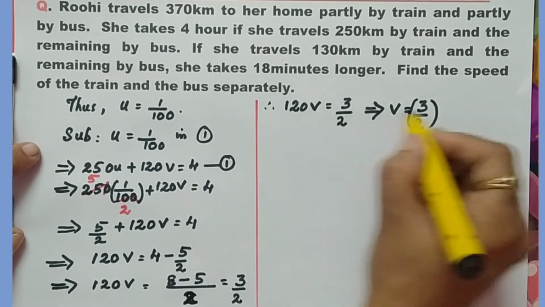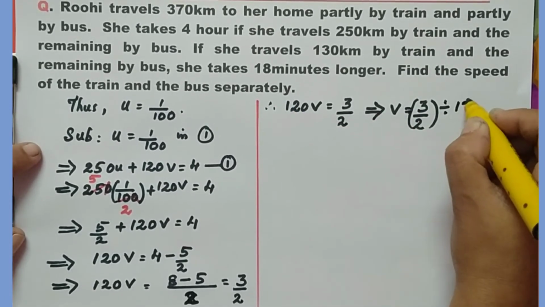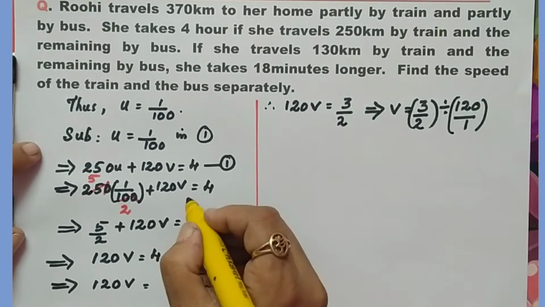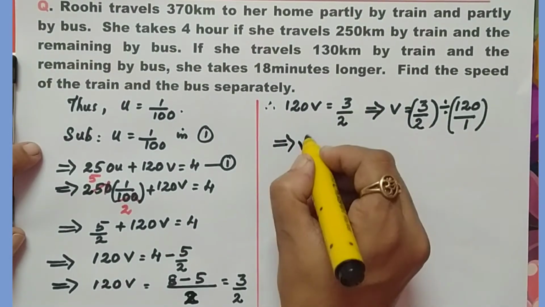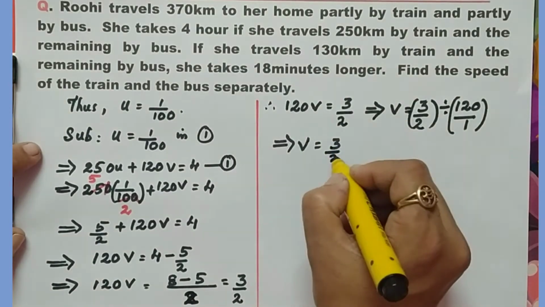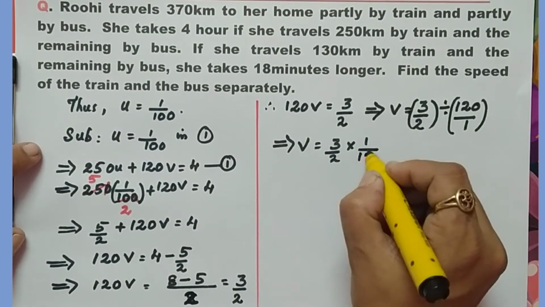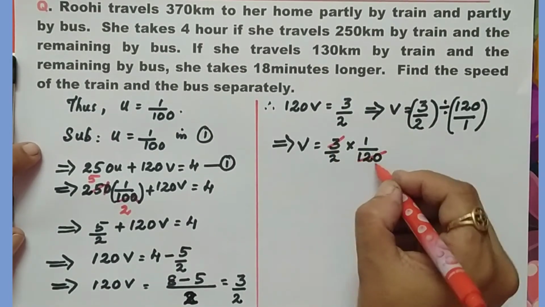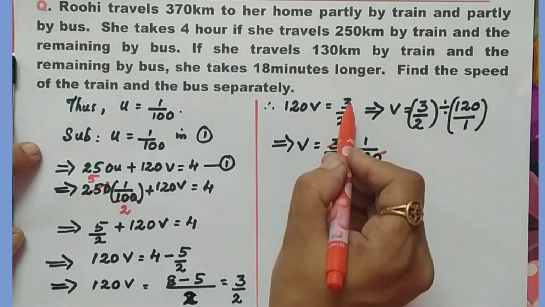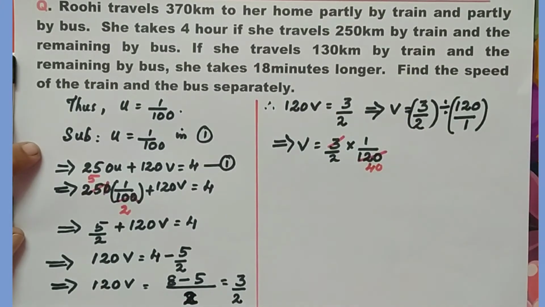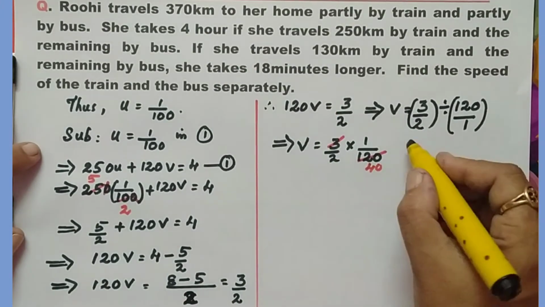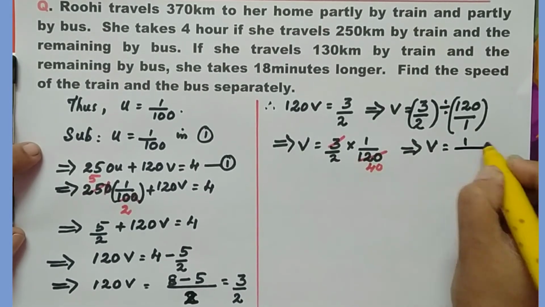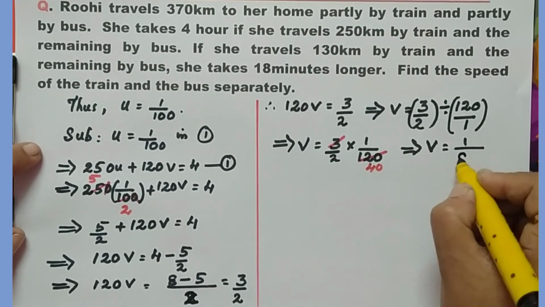Multiplication with 120 goes to the right side and becomes division by 120, that you know as 120 by 1. How to divide two fractions? Write the first fraction as it is, take the reciprocal of the second and multiply. So the 3 cancels with the 120, you get 40. Otherwise you can cancel here itself as 40. Now the remaining here is, which implies v equals numerator 1 only by denominator 2 into 40, that is 80.